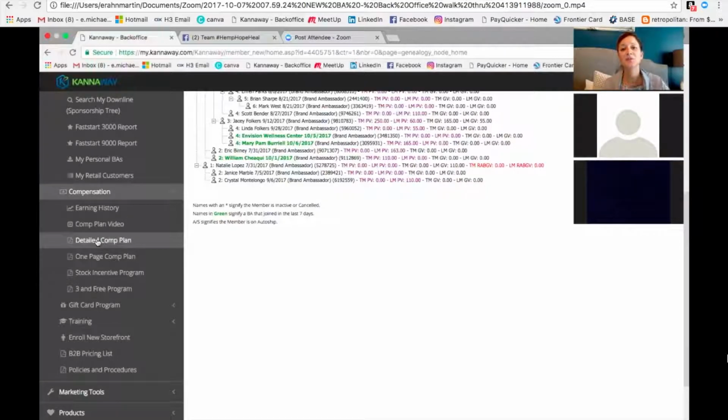But if you do look through it and you just want to know, like me, I was the business mind. I wanted to know every little detail. Please ask because we want everybody in the know. It's just one of those things where it doesn't seem so important in the beginning. For me, it was. But we want you to hit these goals first, and then it's all going to start making